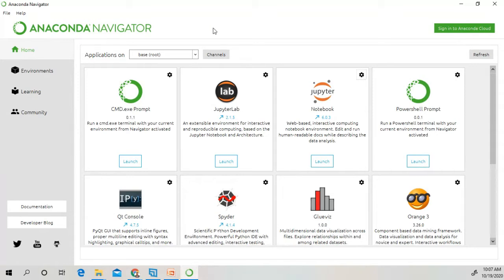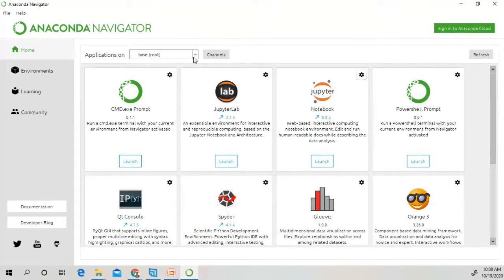It comes in 64-bit and 32-bit versions, so depending upon your machine: if your machine is 32-bit, you have to install the 32-bit version, and if you have a 64-bit operating system, you can use the 64-bit installation. After that, installation is very easy. You just download and press the next button until finish.